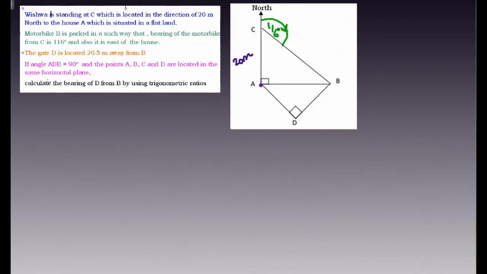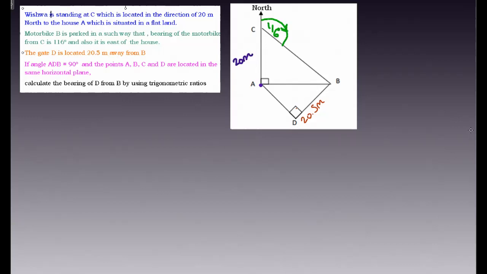All right. The next fact. The gate D is located 20.5 meters away from B. So let's mark that information, 20.5, the distance between D and B. If angle ADB is 90, which is already marked here, and the points A, B, C, and D are located in the same horizontal plane, calculate the bearing of D